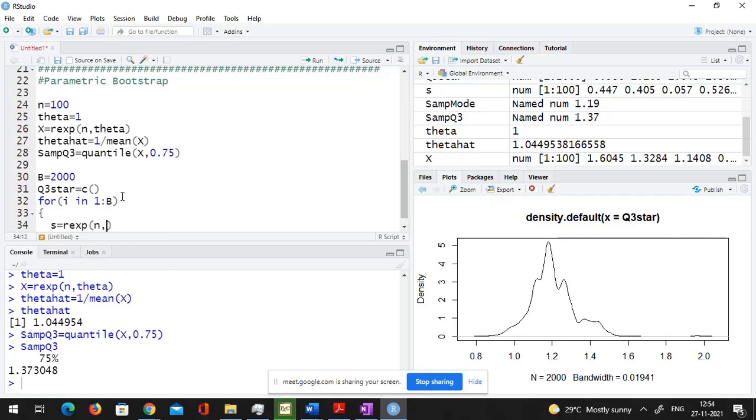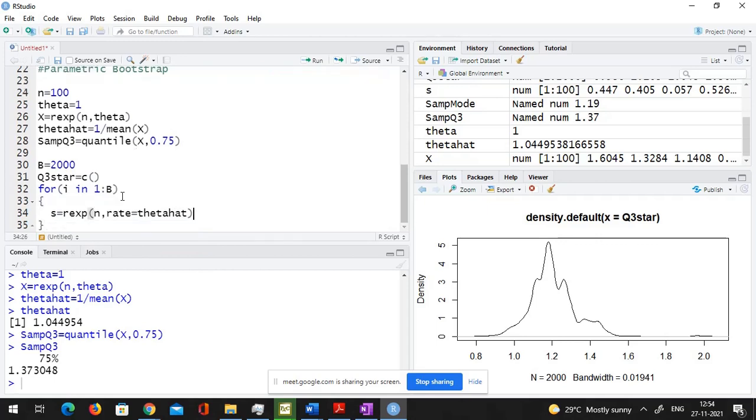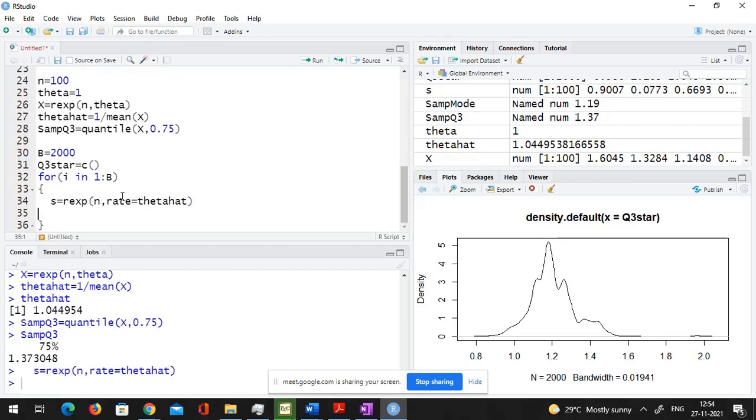Sample size remains the same, and now rate equal to the theta hat that I have. Let me see if it works. Yes, it works.